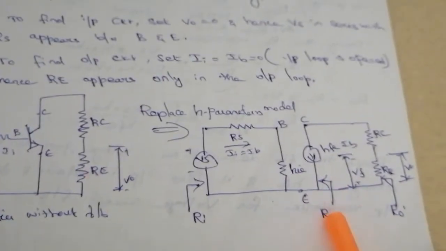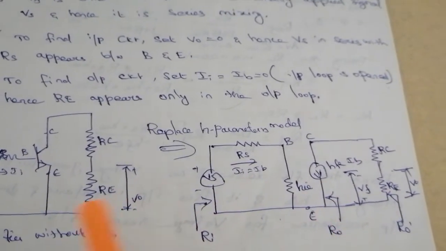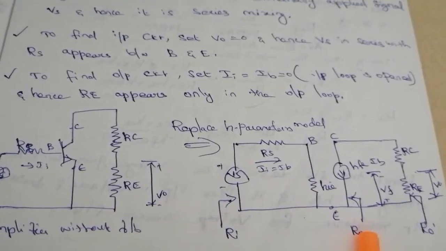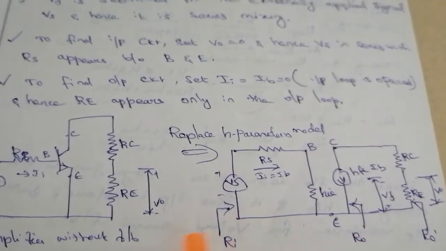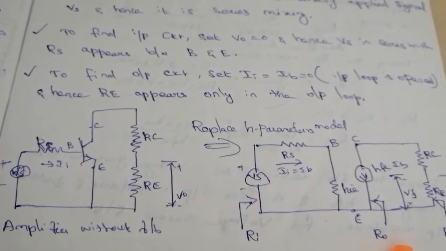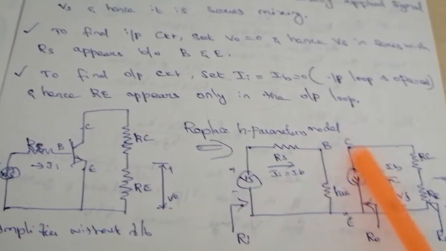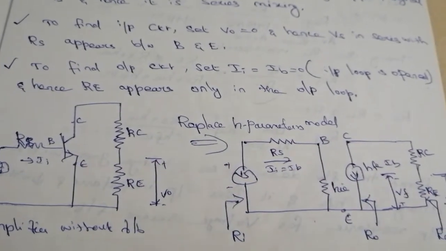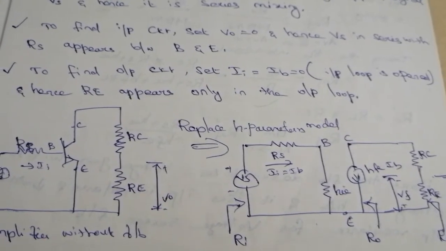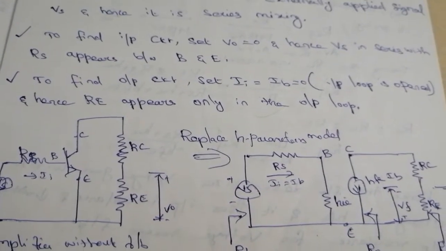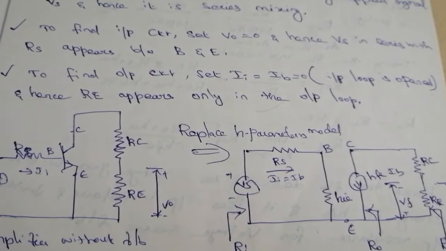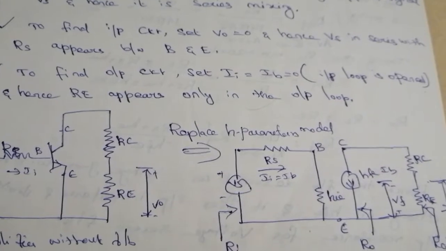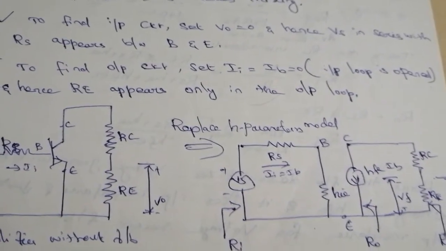This is the H parameter model of this common emitter amplifier. So I hope you understand how we drew this diagram, because you studied the H parameter model in the Electronic Circuits 1 subject. So the transistor is replaced by an H parameter model. That's all. From the diagram only we can find the parameters without feedback, like gain A, input resistance, output resistance, and desensitivity. Once we find these without feedback factors, afterwards we can easily find the with feedback factors, right?